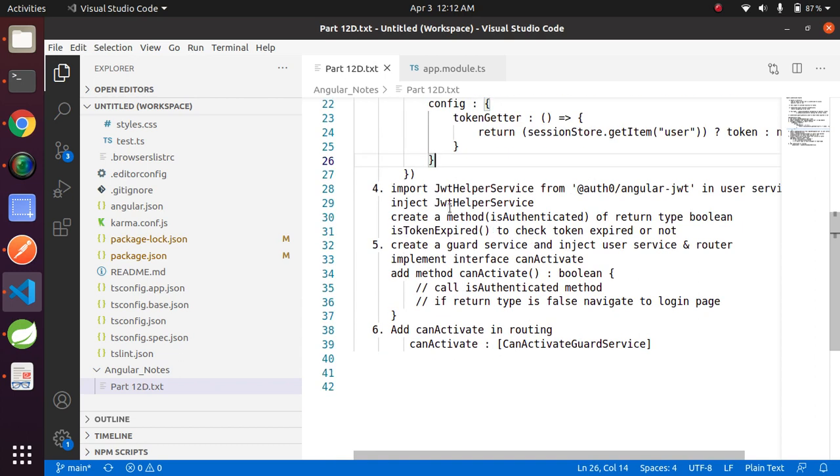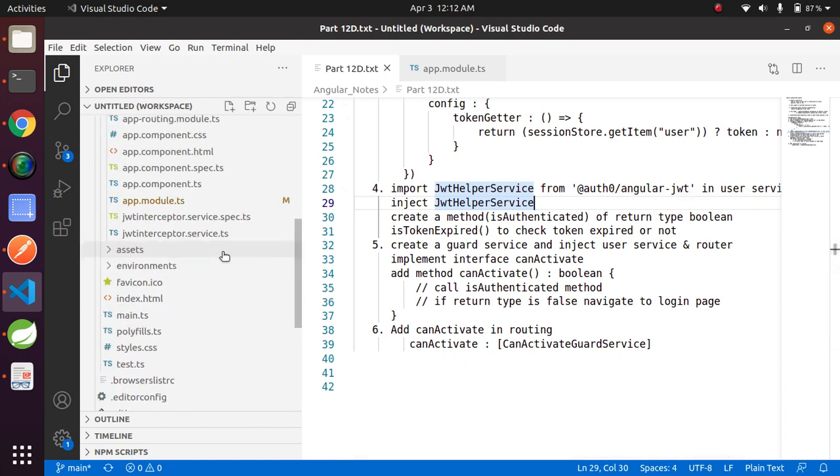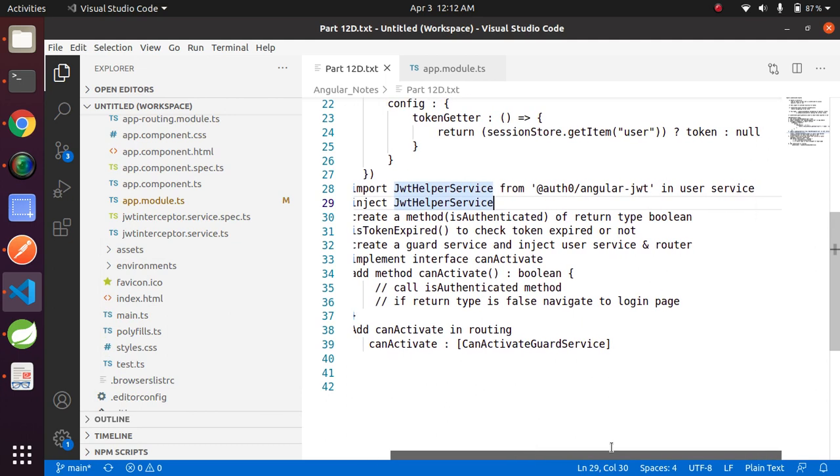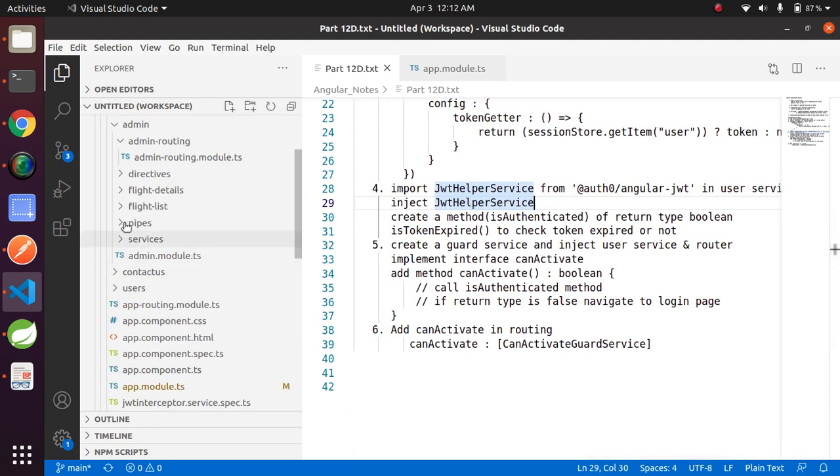The next step is we need to import JwtHelperService from auth0 angular jwt. The same package, JwtHelperService, is an inbuilt service of the auth0 angular jwt package. We need to import this into the user service. Let's open the user service.